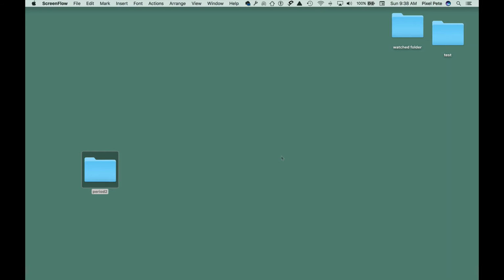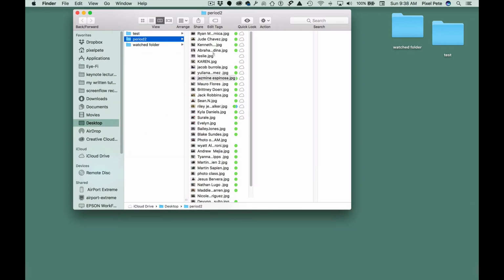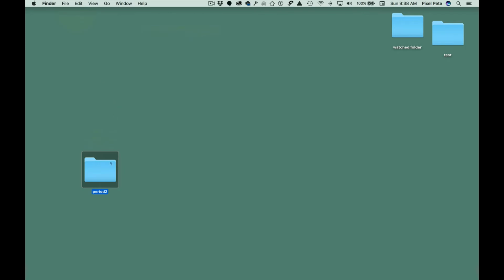Alright, let's have some fun with pictures using Lightroom. So on my desktop, I've got a folder of pictures. These are your selfies from the first day you went out, and these are the selfies that we took in class using Photo Booth. Anyway, you will probably have a folder on your desktop